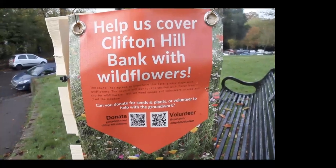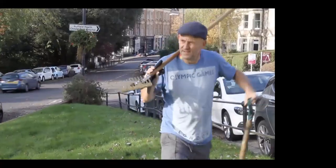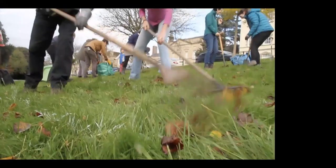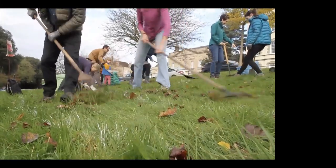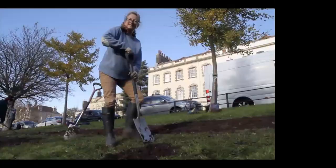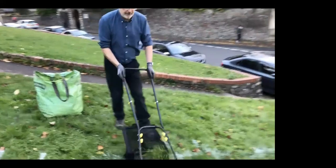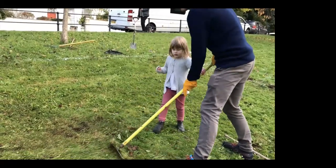You can't do anything like this without the community being involved. So we've had some really interesting conversations with the community that we would never have had if we hadn't had this meadow being created right on people's doorsteps. I just thought it was a really good idea. It's so much better than just scrubby grass. Firstly, it's a fun thing to do, and I think if we can pull this off, it'll greatly enhance this